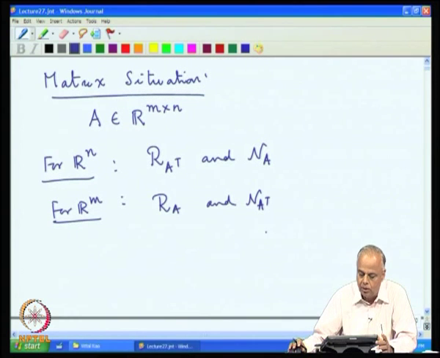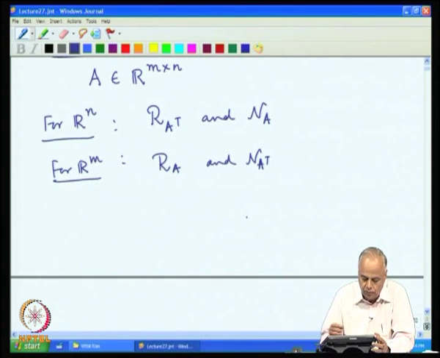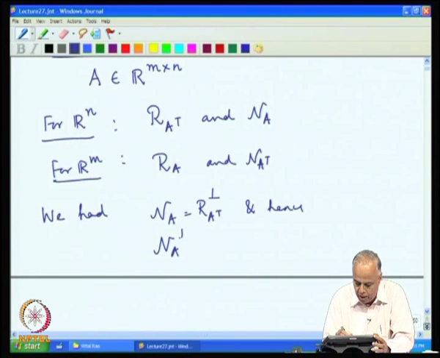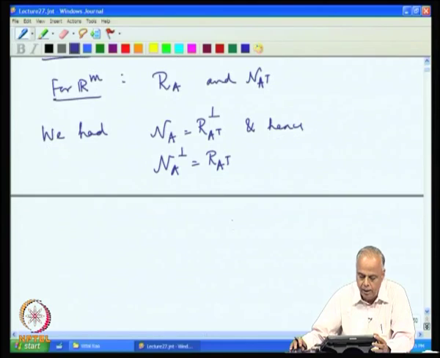We observed that these two pairs of subspaces are orthogonal to each other. So, the null space of A is the range of A transpose perpendicular, and hence the null space of A perp is the range of A transpose,